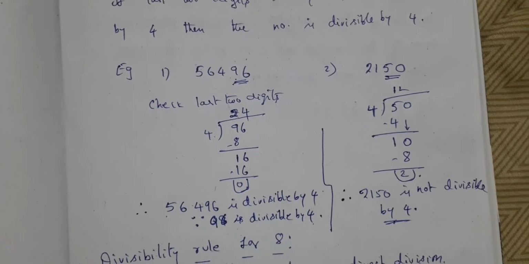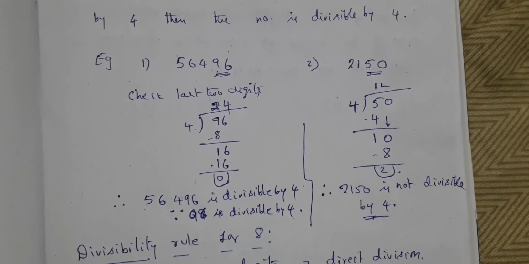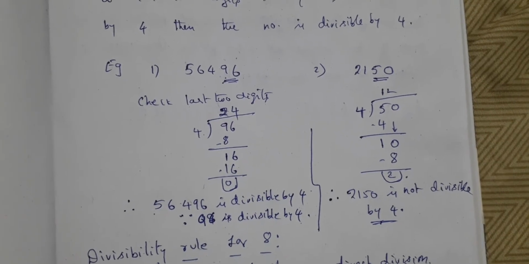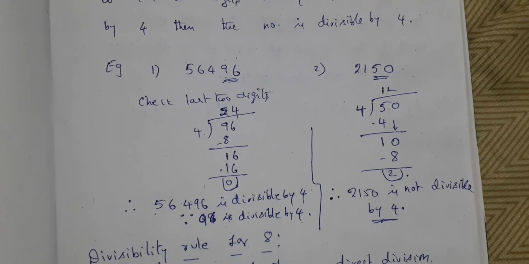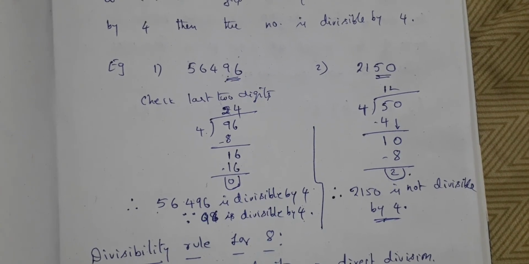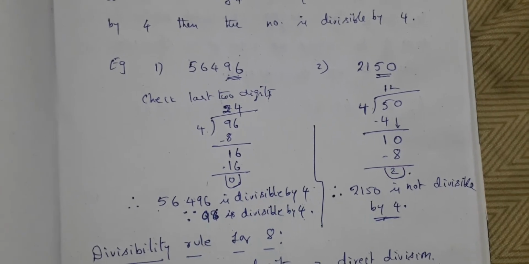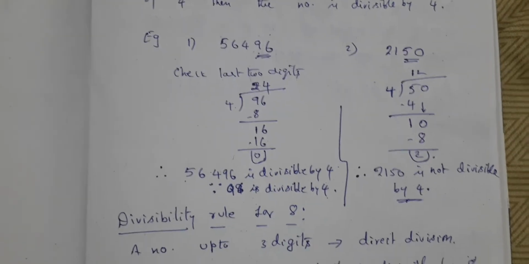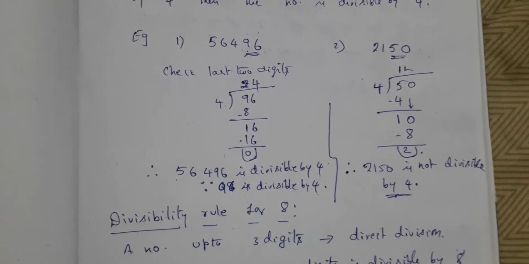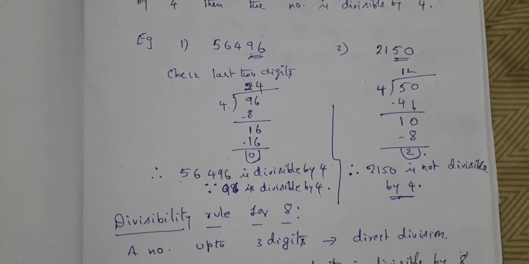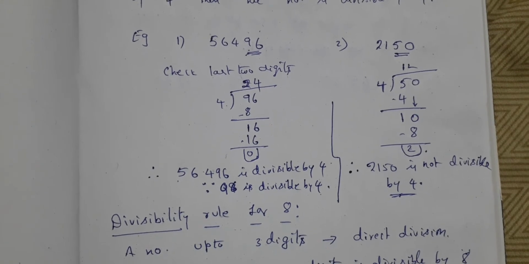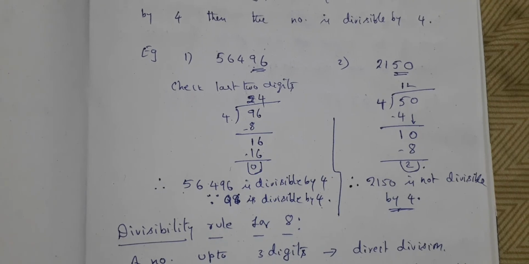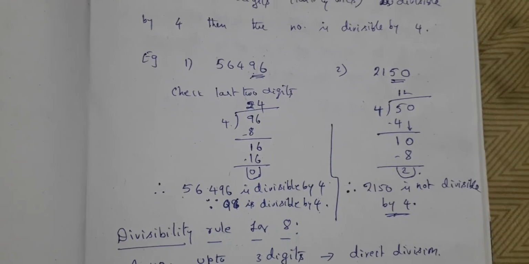Okay? So now I'll again repeat that. What is the divisibility rule for 4? In a given number, a number can be of so many digits, right? 5 digits, 6 digits, 7 digits. For such big numbers, larger numbers, usually we use divisibility rules. So here, if the last 2 digits are divisible by 4, then automatically the complete number is divisible by 4. This is the divisibility rule of 4, and we checked with 2 examples, right?